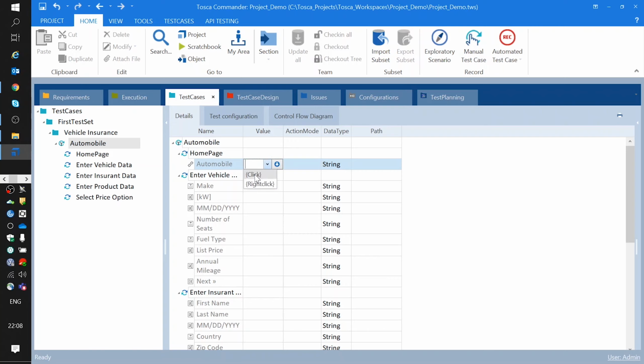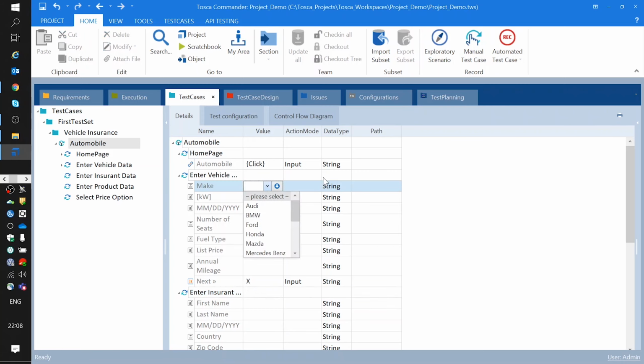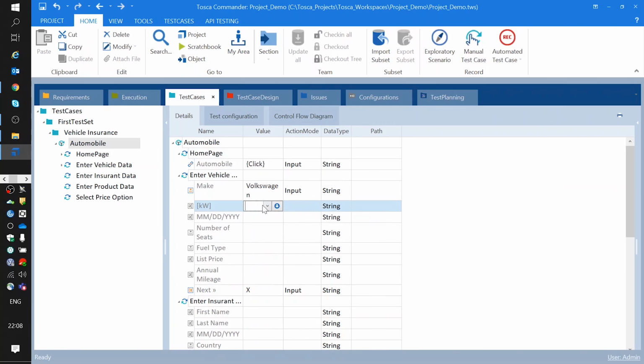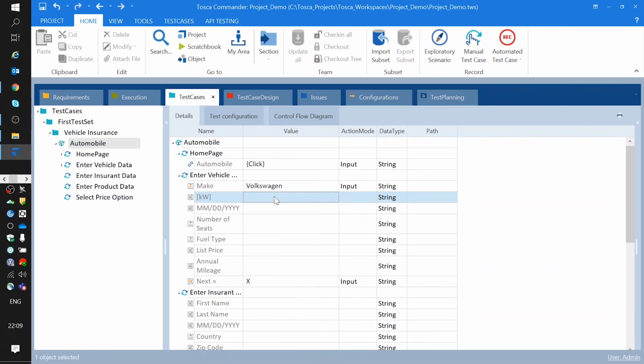You can select click from this drop down, or else you can just type X. So I will quickly fill up all this data. I will just fast forward this video now.